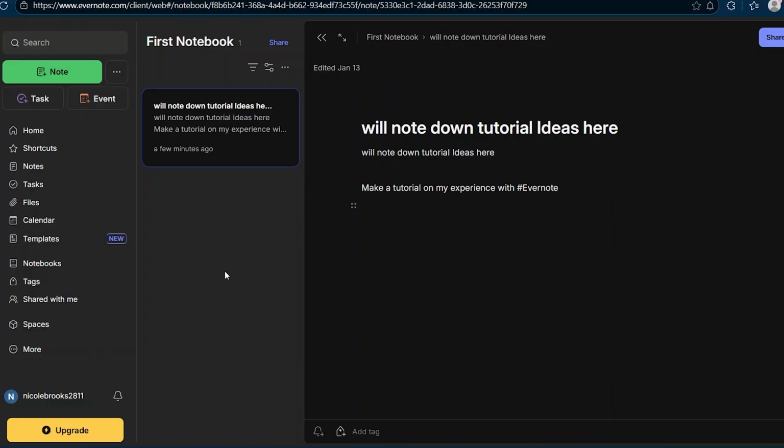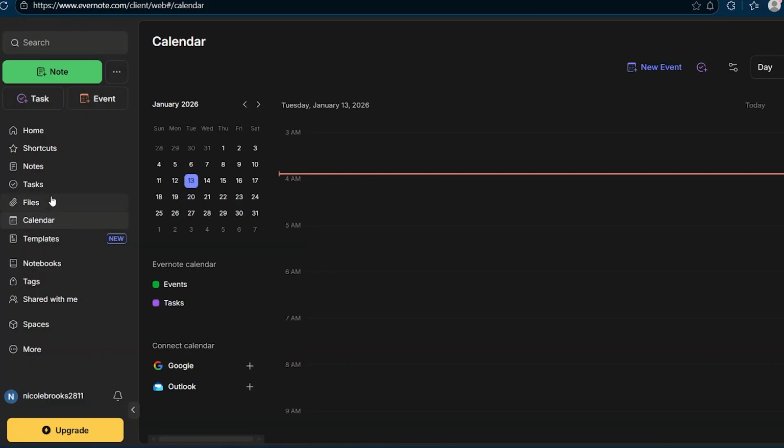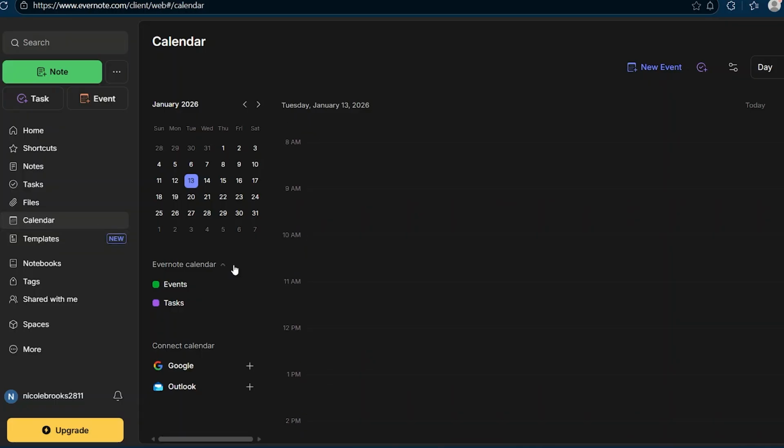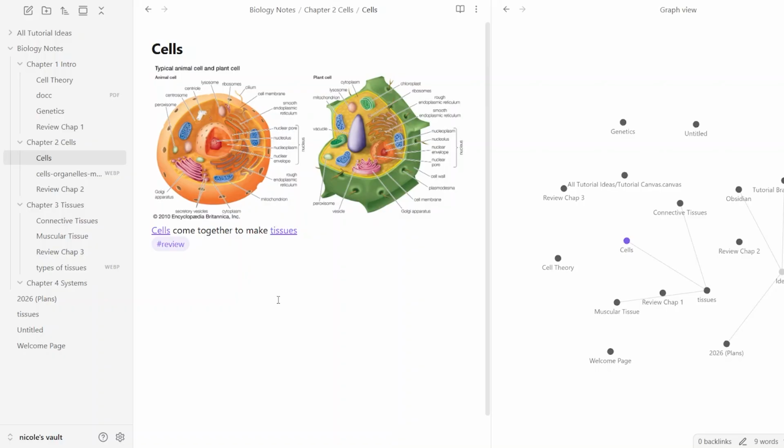A lot of layout options in Notion, and here you do have calendar here, and you have your notes here, you have files, and you have templates here as well. But still, if you compare the different apps, Notion would still have a more modern view as compared to Evernote. But then again, if you're more into simplicity and you like a more minimal or simple layout, then Evernote is perfect for you. So now let's take a look at the organization and structure of all three of our apps